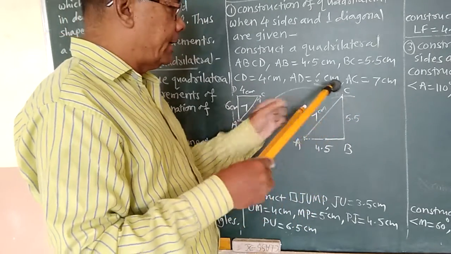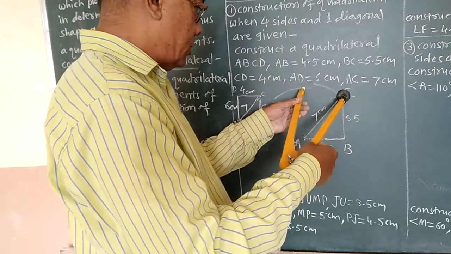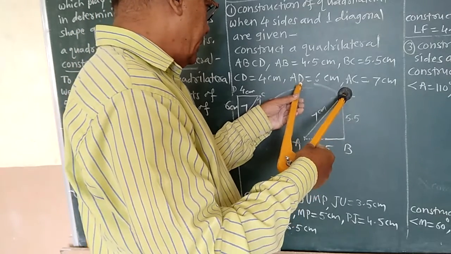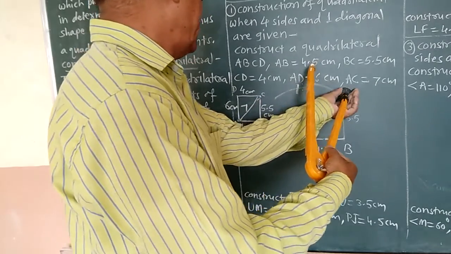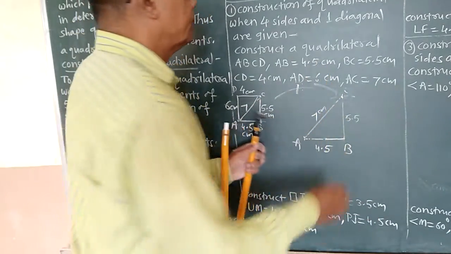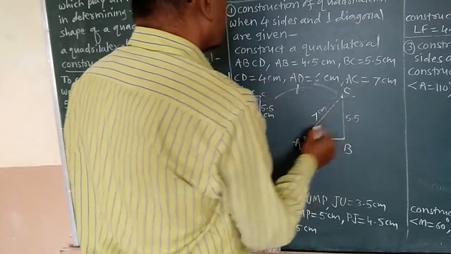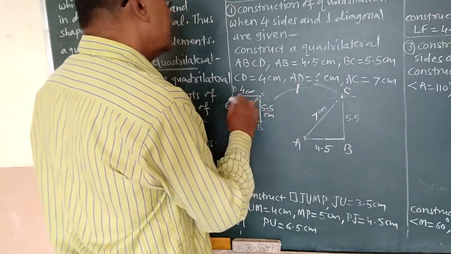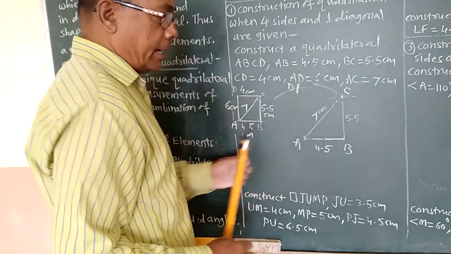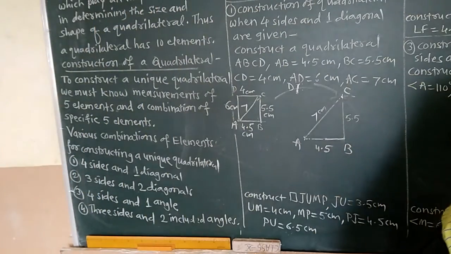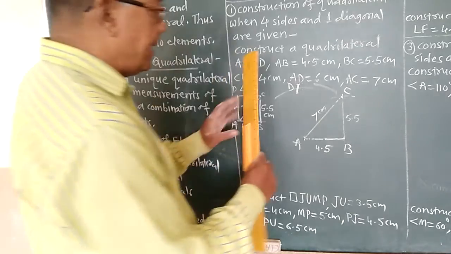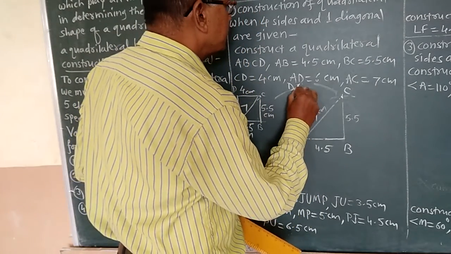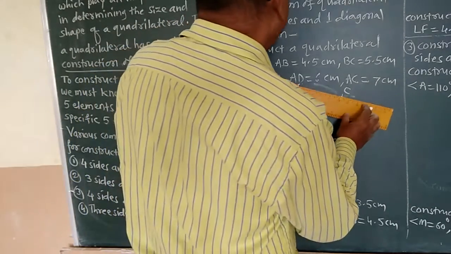And now put the measuring point on C and draw the arc intersecting the previous arc. In this way, we get the point D here, and now joining CD and AD,